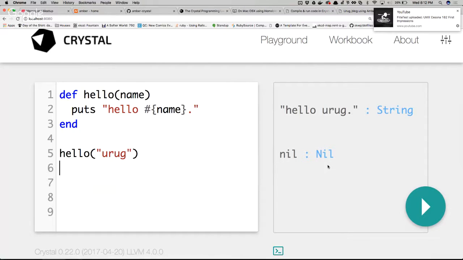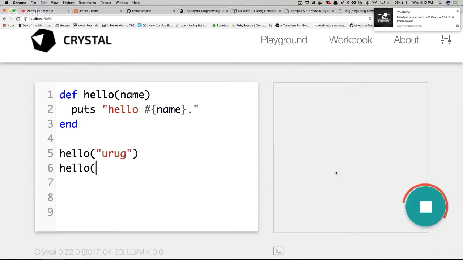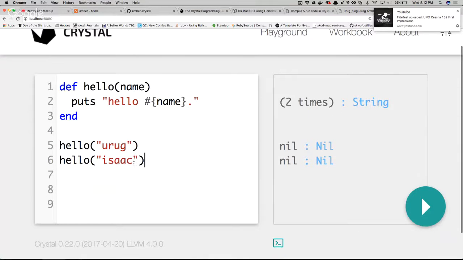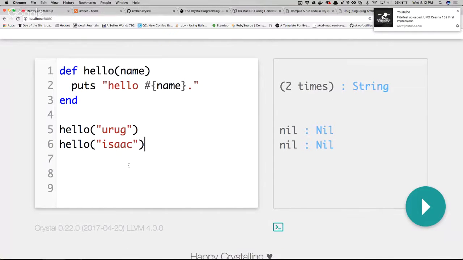In some cases that gets a little weird, because say I call this again with my name. Now up here it's just 2x, there is a string. Pretty much any of this could exist, and in a lot of cases it does exist. In some cases it's really solid.